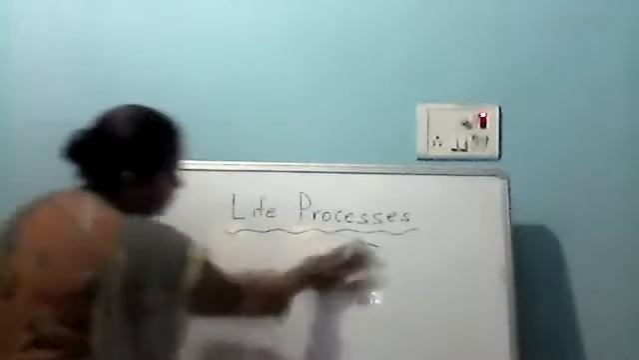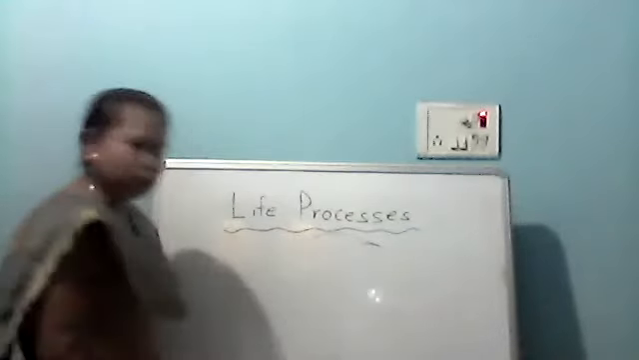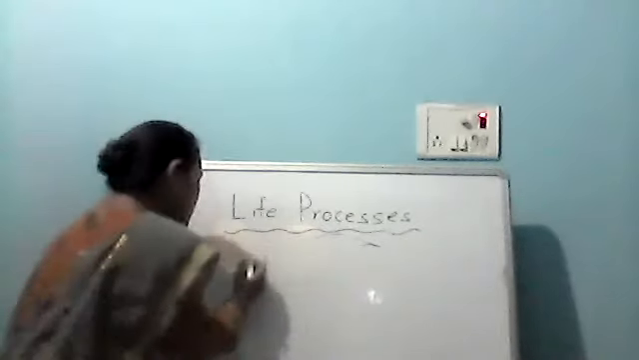Now when we are talking about the equation, how are we going to write the equation for photosynthesis? See, the equation can be written in this way. It is 6CO2 plus 12H2O, in presence of chlorophyll and sunlight,